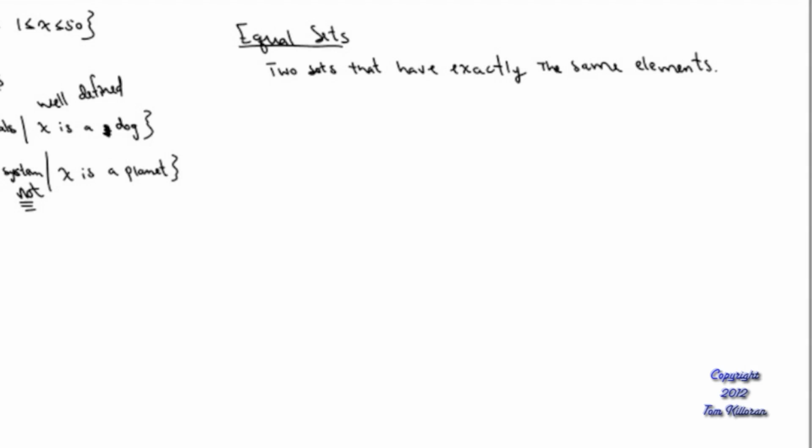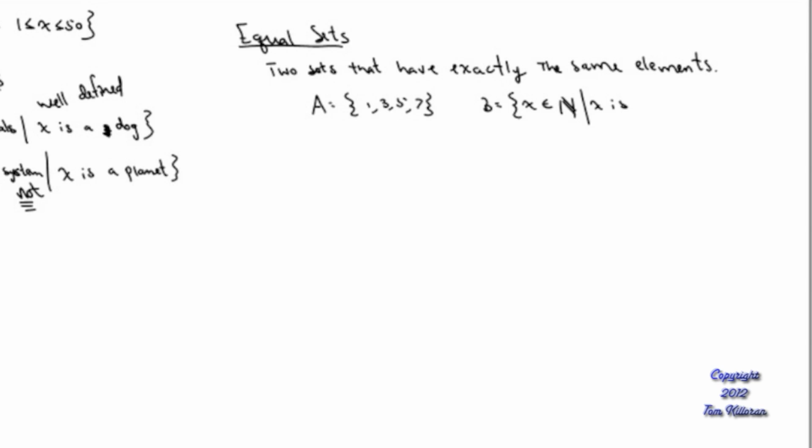You would think this would be an easy concept, but people, for some reason, start thinking about it and weird things happen. So if I have set A is the set of 1, 3, 5, 7, and set B is the set of natural numbers such that